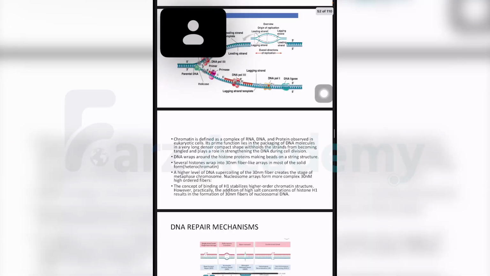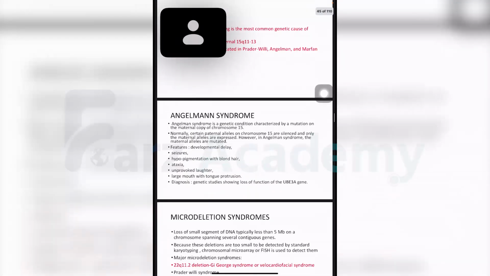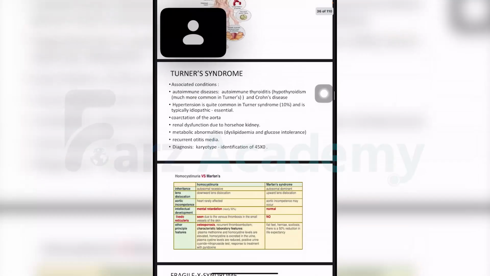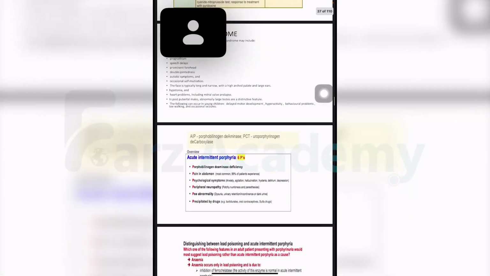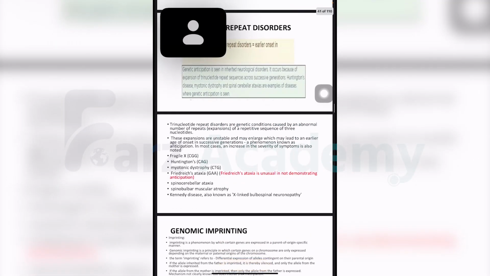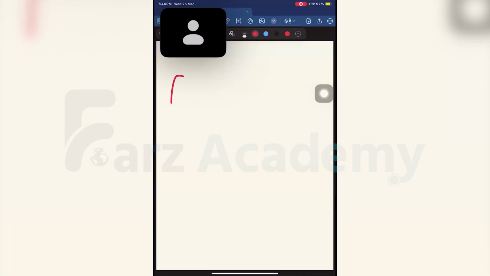Do you all remember trinucleotide repeats that we discussed? A number of repetitive sequences of three nucleotides, which could be different, and depending on what the repeats are, the disorders are seen. And there was one very famous phenomenon that we saw with respect to this, that was genetic anticipation. Can anybody tell me what that was?